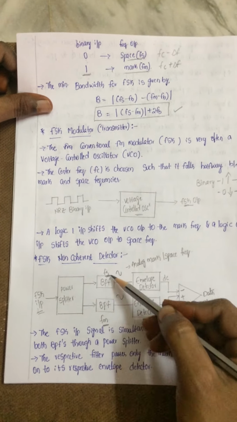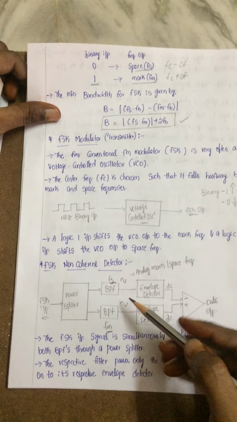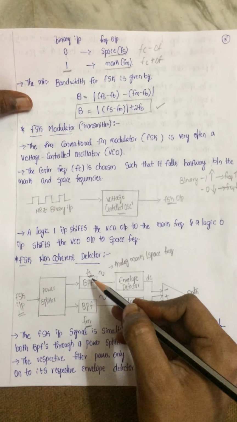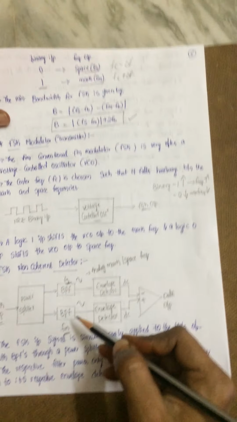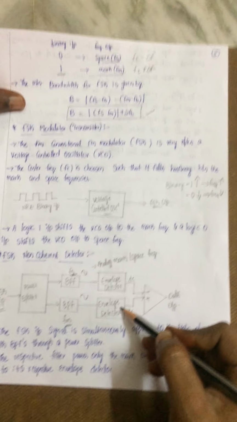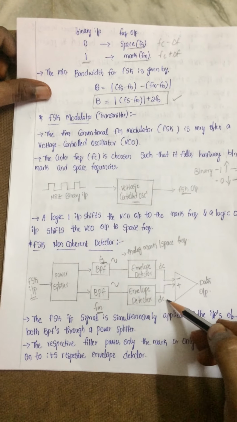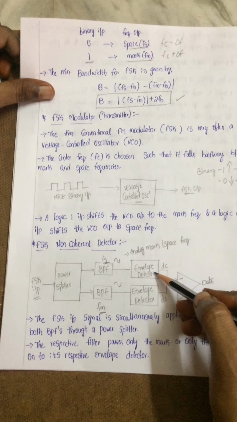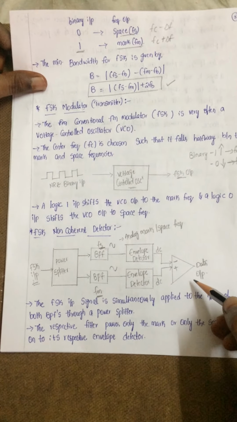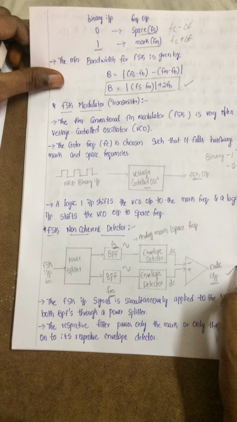So that's why we are using two individual band pass filters. Then that band pass filter will retain the pass band from here and from here. Next, that is given to envelope detector. How frequency is increased, in that manner we will retrieve our original message signal. This envelope detector we have seen already, so the same explanation applies. Next, that's how we are getting the data output.